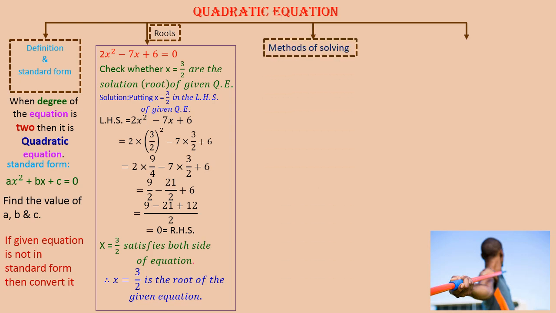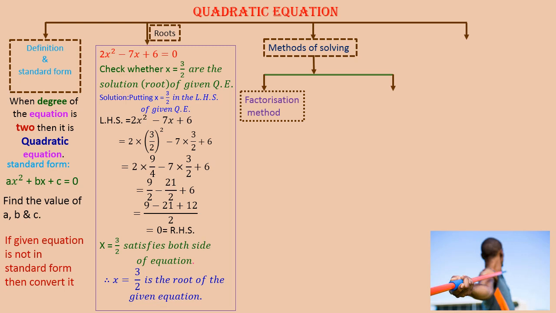Let us go for the next part, method of solving again. We have many methods, but we are only dealing with two methods in your 10th standard. One is the factorization method, for which you have different ways to do it. You can do splitting of the middle term. Then you can also do it by the product and sum method as I have given to you. You can follow all the rules and solve it.